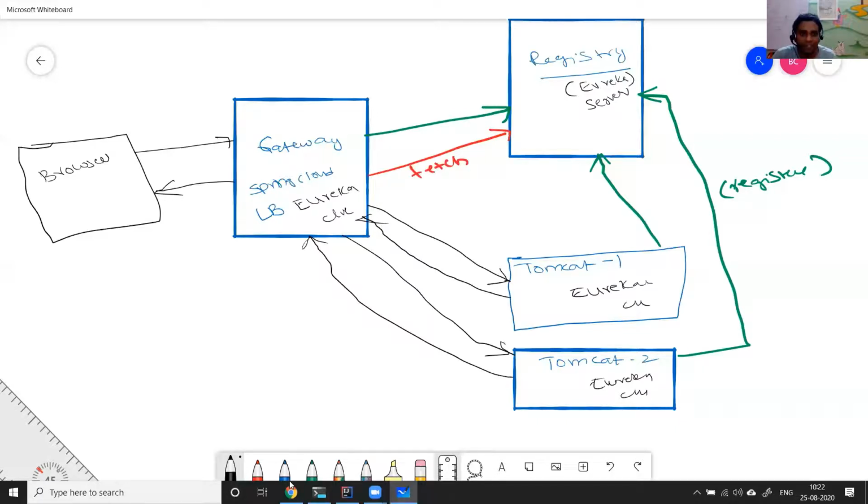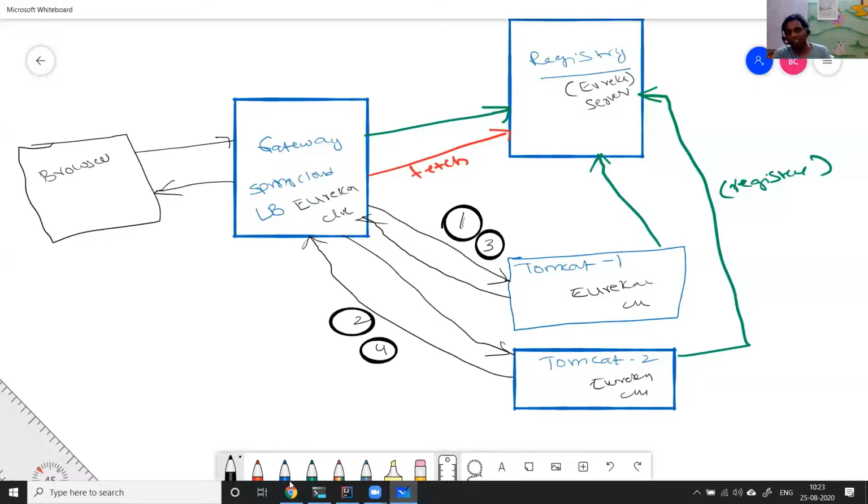So how does that load balancing work? One is like a reverse proxy. Load balancing is like a round robin. The first request is given to this one, the second request is to the second, the third request is to Tomcat 1, and the fourth request is to Tomcat 2. Like that it goes, 1, 2, then 3, then 4. It is round robin between 1 and 2. That's how the load balancing is achieved.